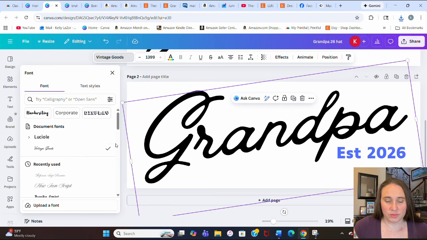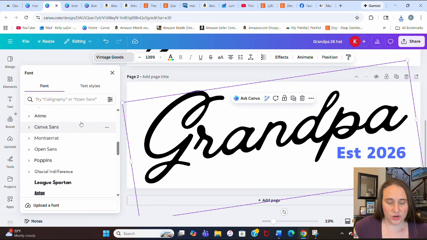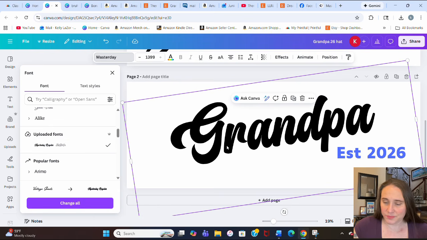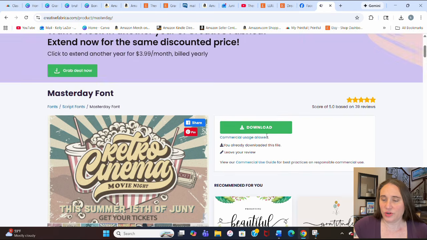And it will upload your Master Day, and it's usually going to go into your section up at the top here, uploaded fonts. So they've got it differently. So here's my uploaded fonts that I can just go ahead and click on. And there I have Grandpa. Now that I have that, I'm going to have to go back over to Creative Fabrica to get the glyph. So if I jump right back over to Creative Fabrica,